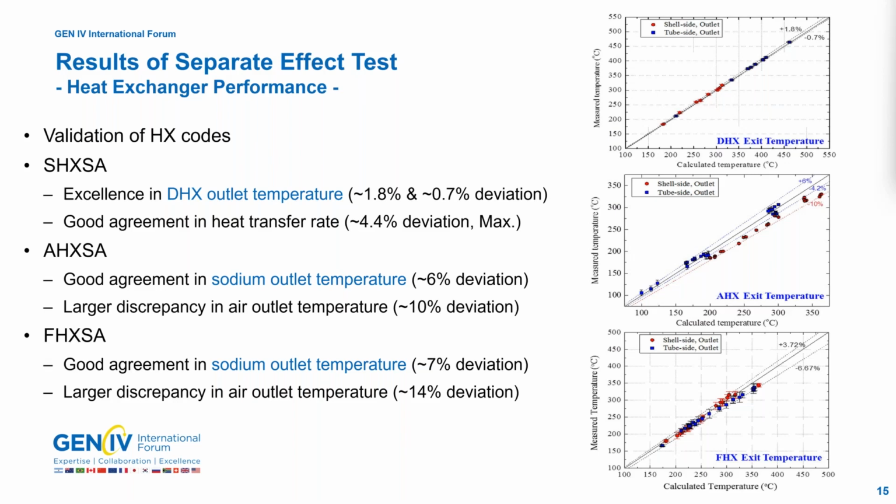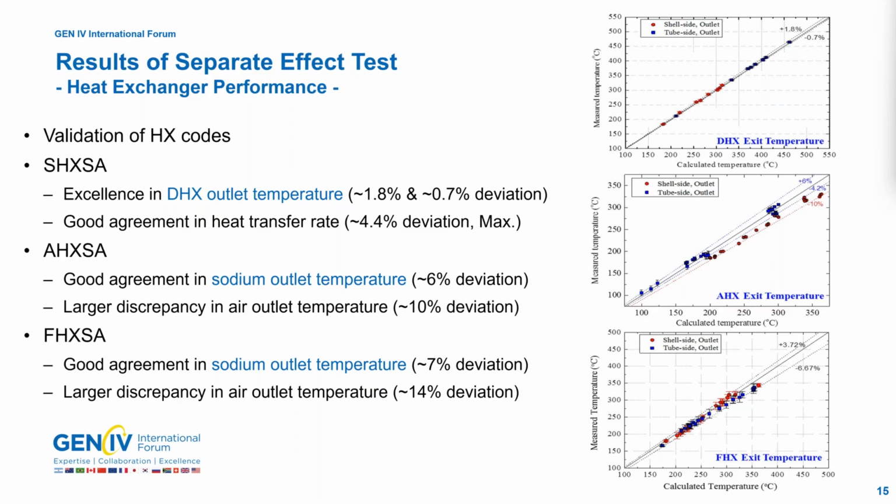Here are the summarized results of Stella 1. Basically, we set the inlet temperature of each heat exchanger for tube side and shell side, and we measure the outlet temperature. Then we can analyze the temperature as well as the heat transfer capacity. Since this data was used for licensing, all the experiments were under thorough QA procedure, and the evaluation was done with ASME uncertainty analysis guidance. Let's look at them one by one.